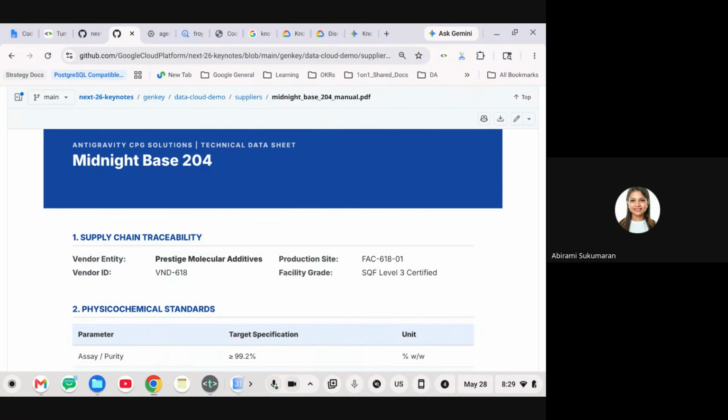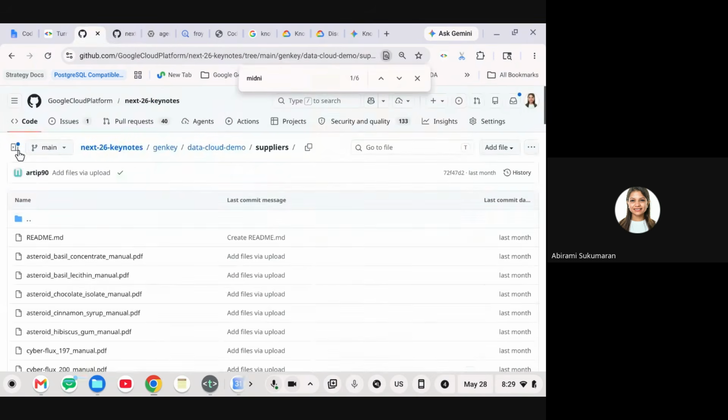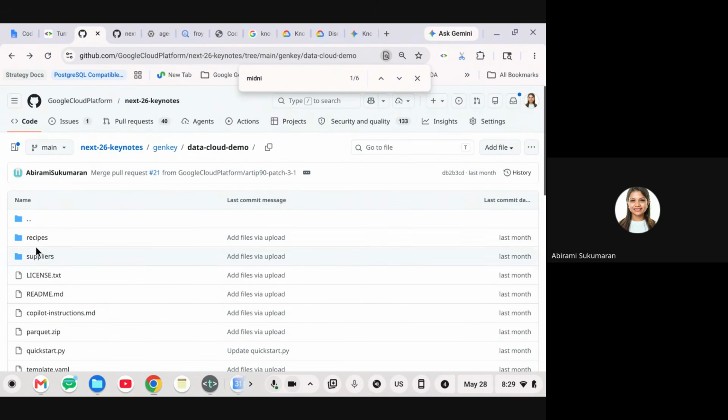So let's think of it from this abstraction point of view. Right now, when you're just looking at one component or one PDF, the previous one which I had opened, you would not see anything there. So that is the catch here.